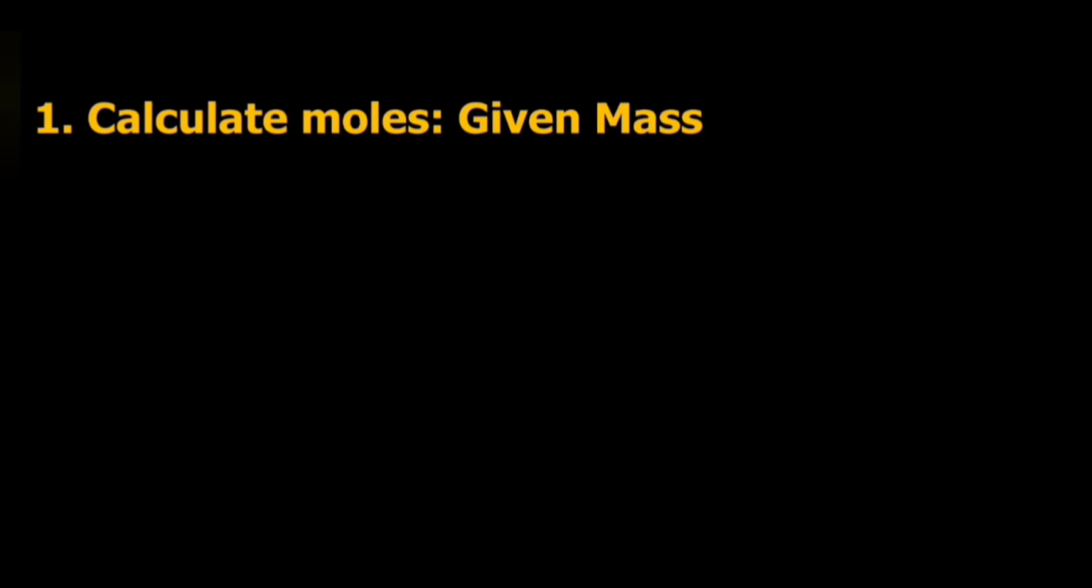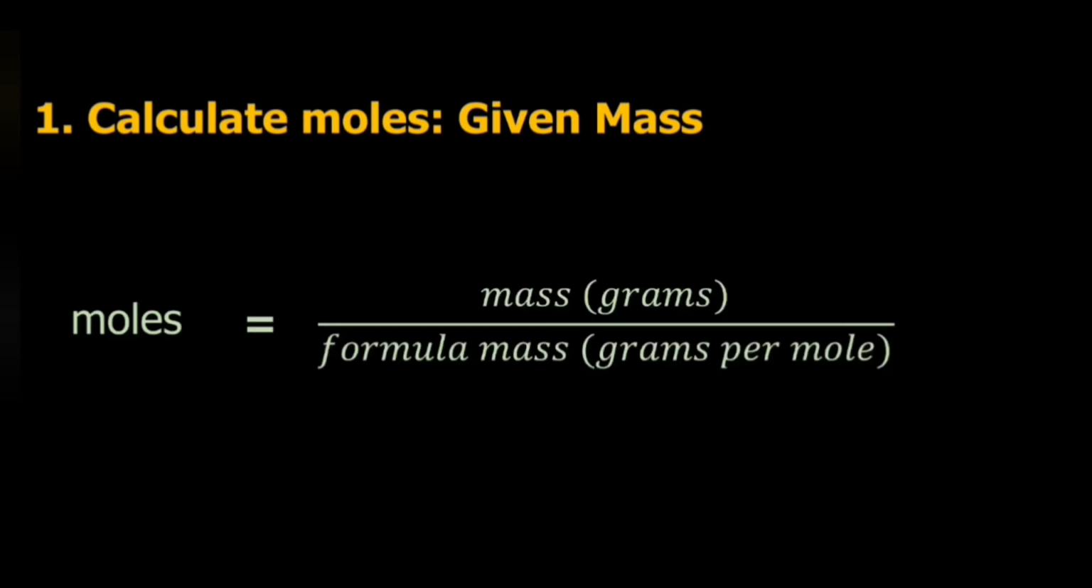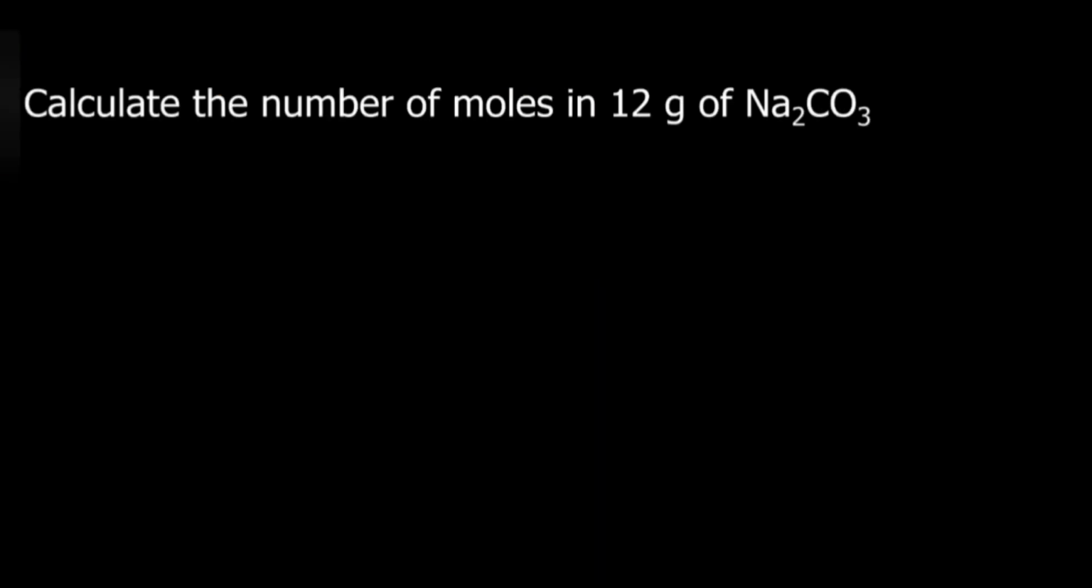Okay, let's move on now to calculate the moles given the mass of a substance. Well, we know that the moles equals the mass in grams divided by the formula mass, which is in grams per mole. n equals little m over big M. Here's an example. Calculate the number of moles in 12 grams of